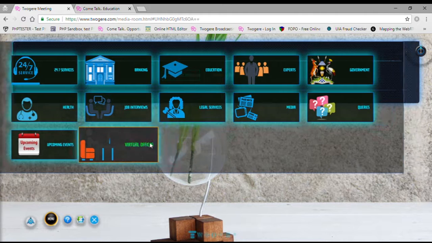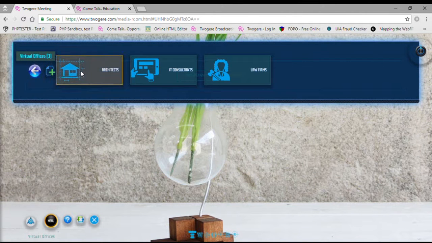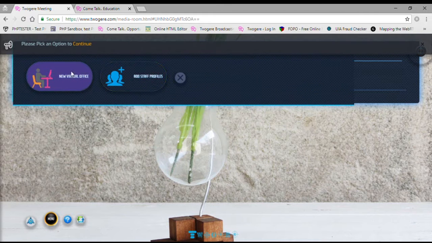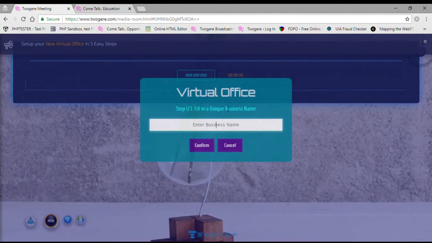So if I go back to virtual offices here, how simple it is for you to create a virtual office. You can see right now there are three sectors available. If I click now for the virtual office, it's going to ask me first if I want to create a new virtual office or if I want to add staff profiles. If I already have a virtual office available, then I can go ahead and add more staff profiles to my virtual office. But just to create a new virtual office, it's going to ask you to fill in